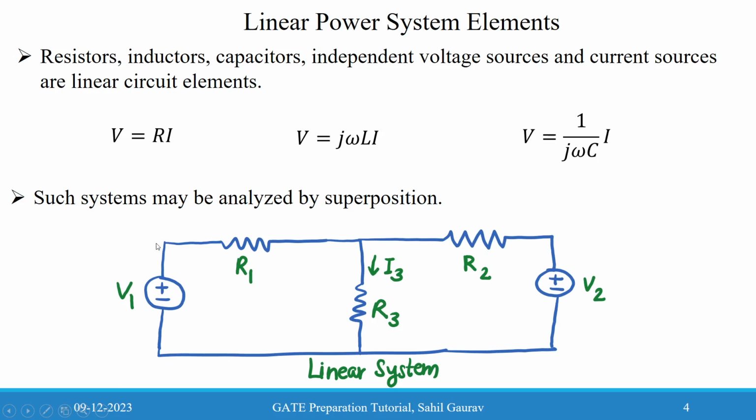Now these systems can be analyzed by superposition. As I have shown here in the example, this is an example of a linear system. Here these independent voltage sources are present and the resistors, we know that this is a linear circuit element. So we can apply the superposition principle here. If you want to calculate the current through this R3, in the first step you can assume this voltage source V2 as